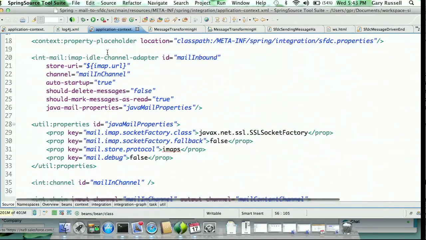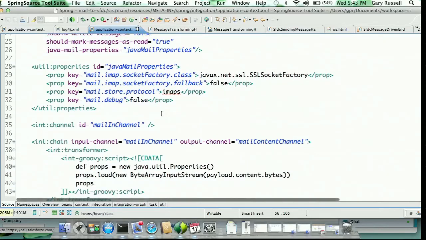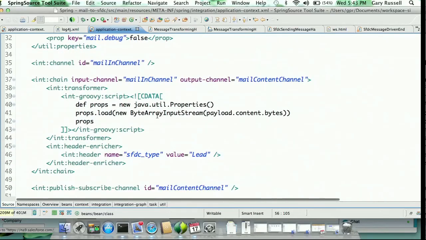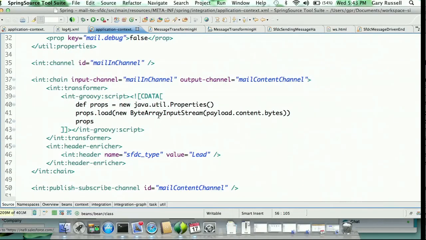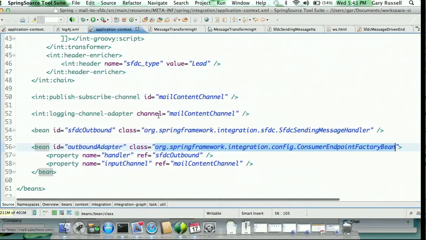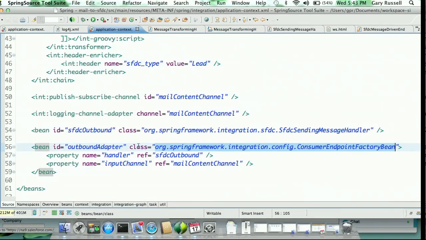So we have a mail inbound idle channel adapter that's listening for new emails in that mailbox. A little bit of transformation: as I say, I'm converting that list of properties into a properties object, and then sending it to this outbound channel adapter. Now, the outbound channel adapter is reliant on